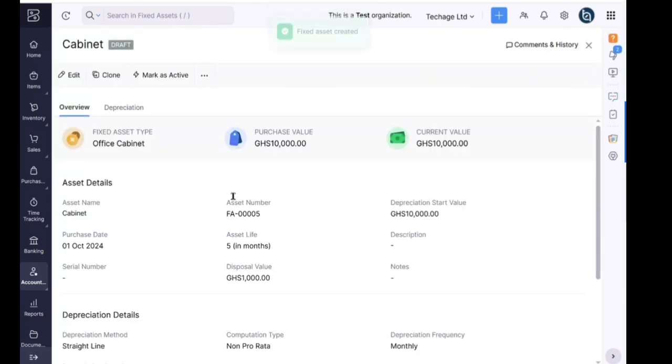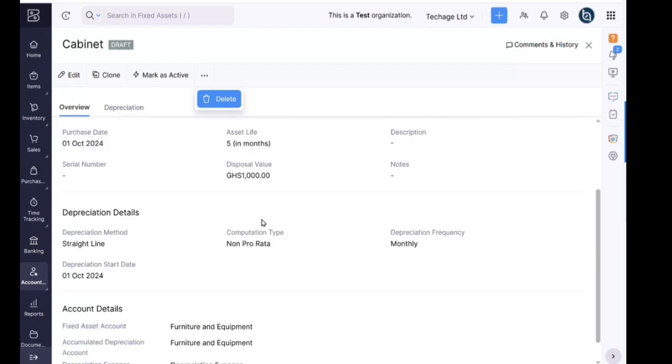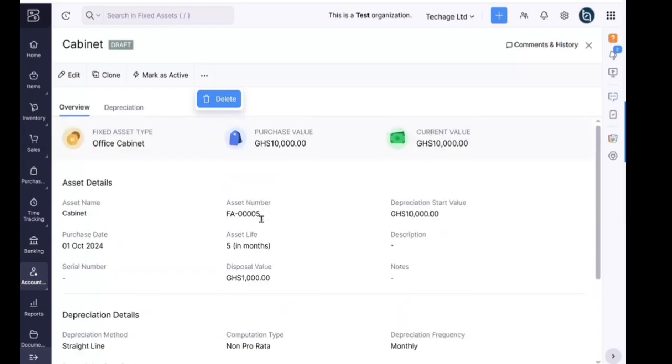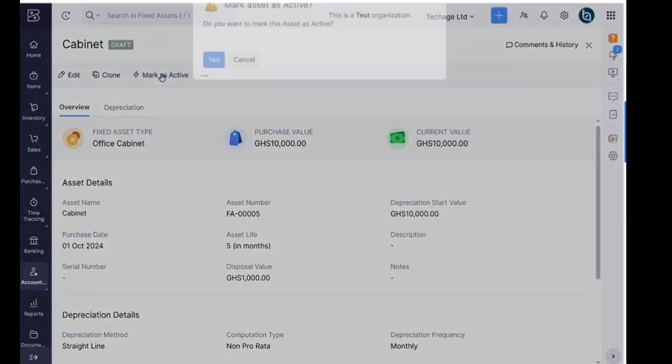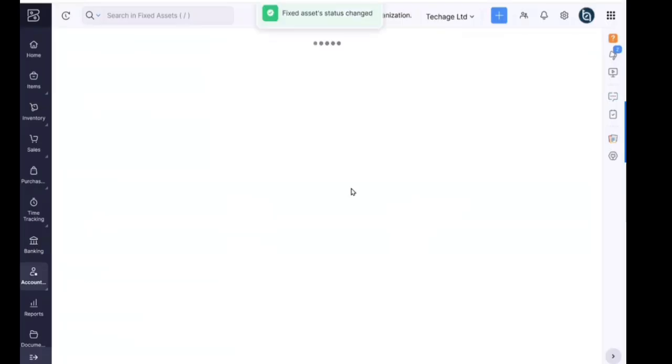Once you save it, if you come into draft, whilst in draft, you can edit, you can clone. Clone means you want to do another one of the same, similar, make changes on it and save it again. Now, I can also delete it. If I review and I see that what I've done is totally off what I want to do, I can delete it. Or I can mark it as active. Once I mark it as active,